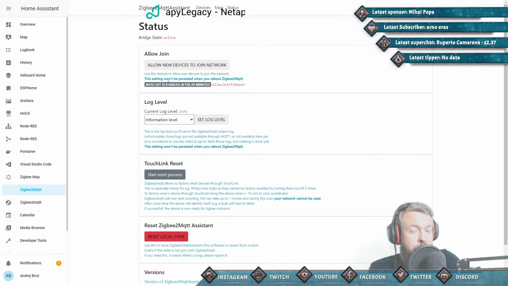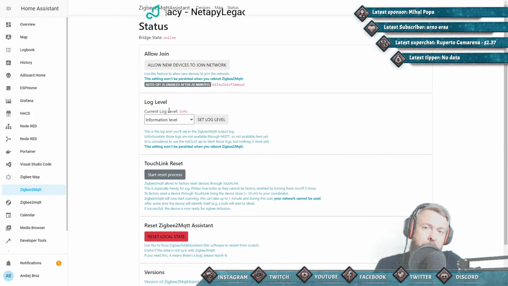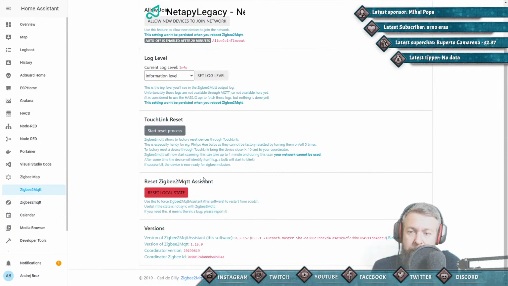A third option, which I forgot and also used at one point, was Node-RED. Somebody made a visual interface inside Node-RED. So if you wanted to trigger discovery of new devices, or set the log level of Zigbee2MQTT, you would go to Node-RED and trigger some stuff there and get the result. But since the version